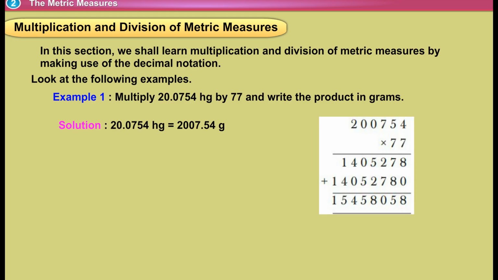20.0754 hectograms is equal to 2007.54 grams. Therefore, 20.0754 hectograms times 77 is equal to 1,54,580.58 grams. Solution: